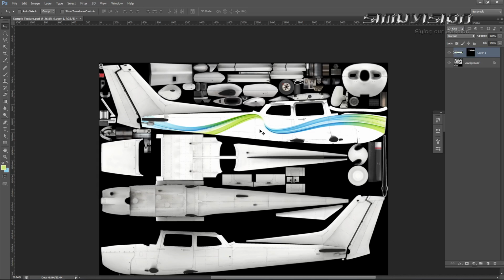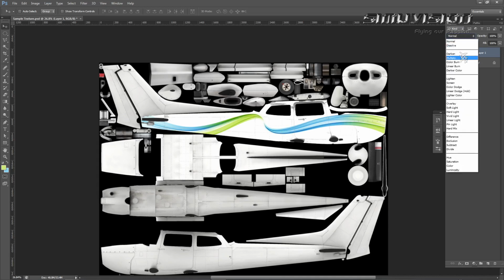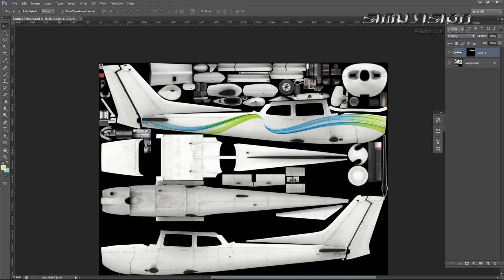So a lot of people ask me, do I have to change it to the original color? Sometimes people pick it with a color picker and try to change it. You don't have to do any of those. You just select the particular layer where you had pasted it and turn this to multiply. The moment you do that, you see it has picked up